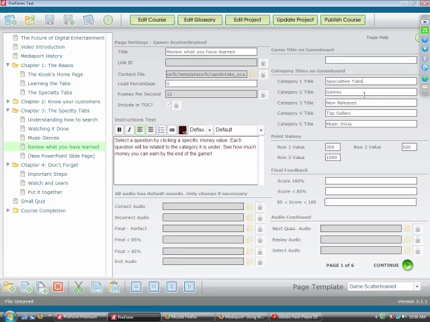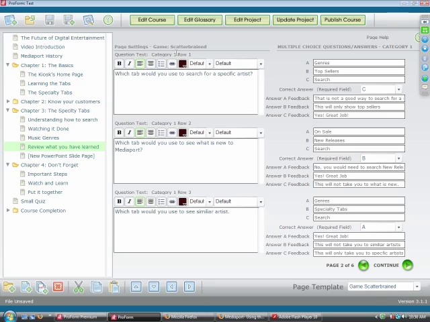It also allows me to add my own categories, point values, feedback, continue audio, and then hit continue. As soon as I do that, now I'm in category 1. And in my row 1, I can type in my questions. I can still hyperlink and do other stuff like that. I can type in my feedback or the possible answers, choose which one of those answers is correct, and then